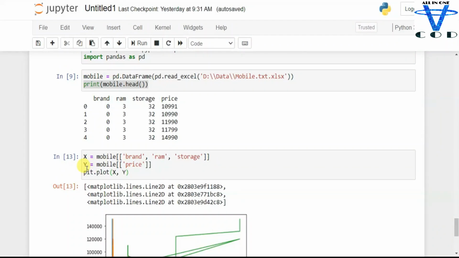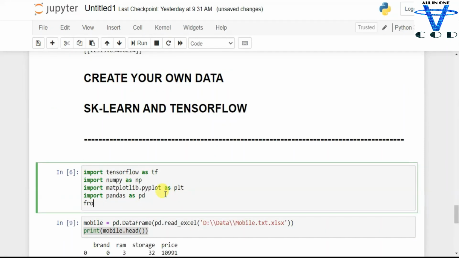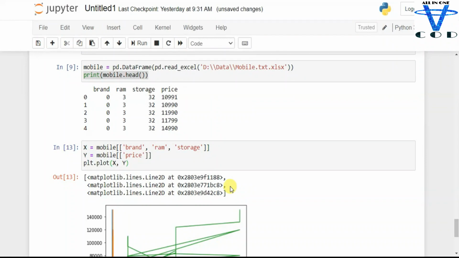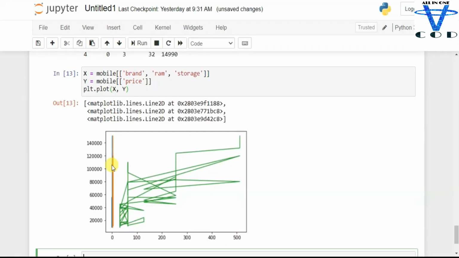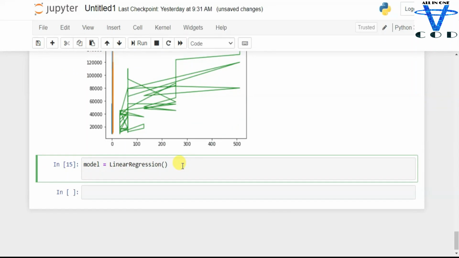So now let's assume and predict a different mobile price in this data. You can use any model you want, but I'm going to use linear regression. So I'm going to import from sklearn.linear_model, import LinearRegression. Now we have to predict the data. We just fit X and Y in here because we have to use this data, but now we want to predict the actual price of a particular mobile. So now let's try. Model equal to LinearRegression and model.fit(X, Y).